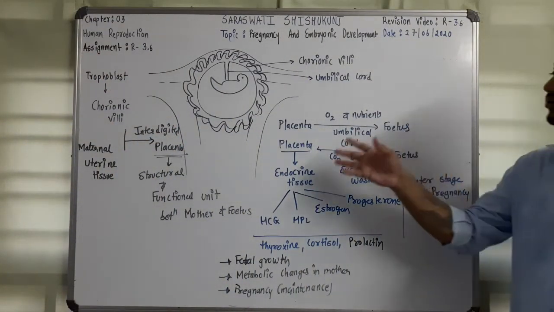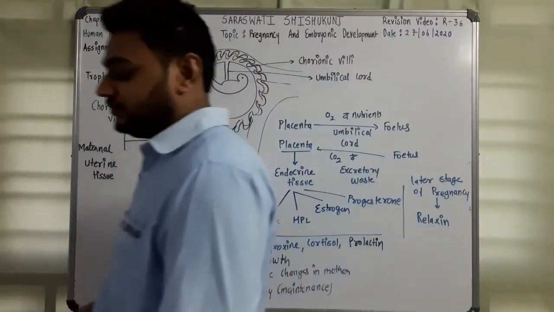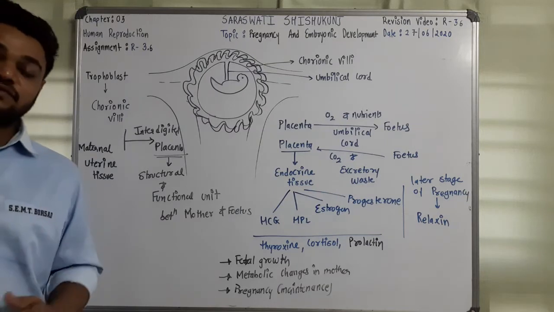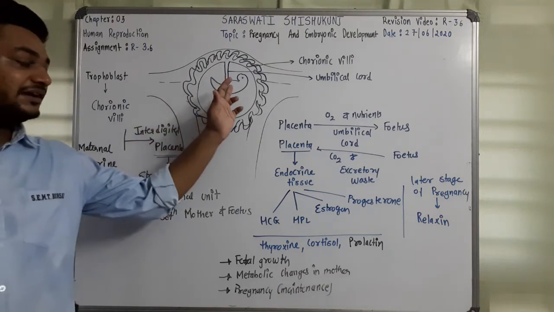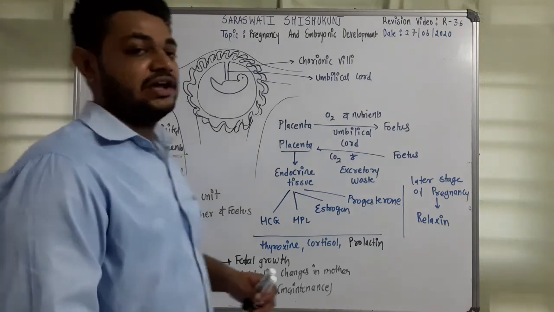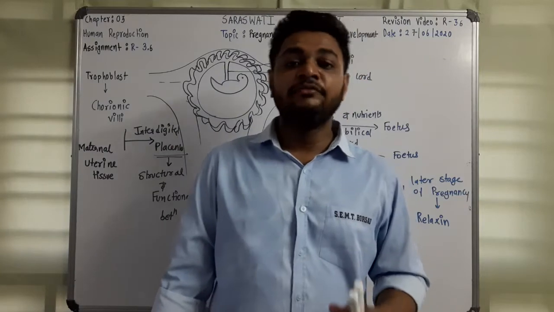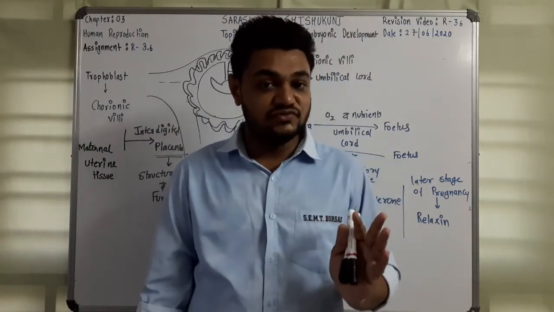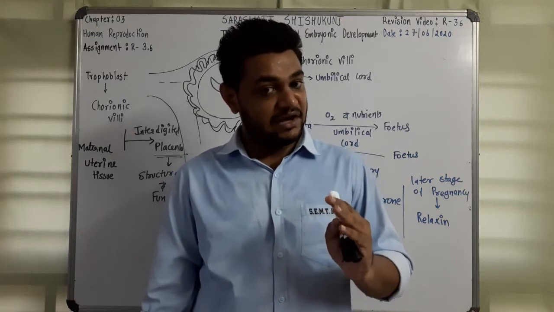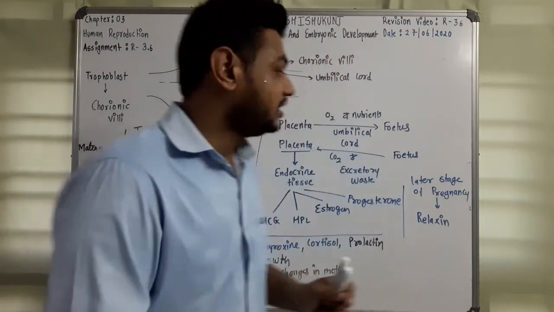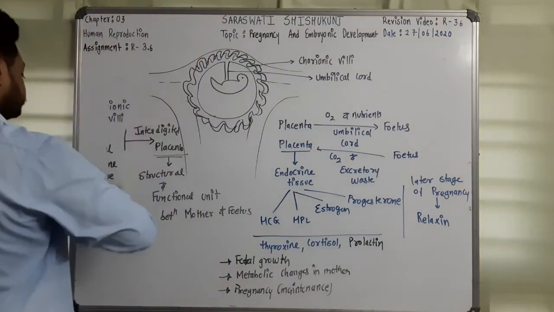Now this was about the functioning of the outer trophoblast layer, which is forming the chorionic villi. Now what will be the role of the inner cell mass, how is this fetus developed, that we will see. Okay students, so now we are going to discuss the inner cell mass. As I have said, the blastocyst has two layers, that is the inner cell mass and the trophoblast. Okay, now we will discuss the inner cell mass.